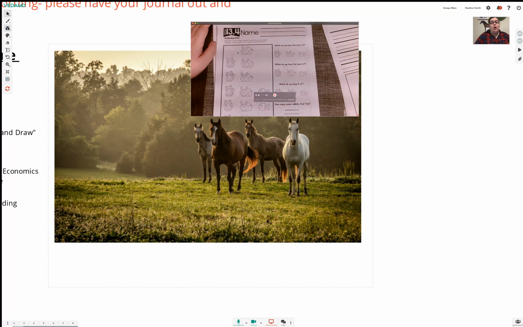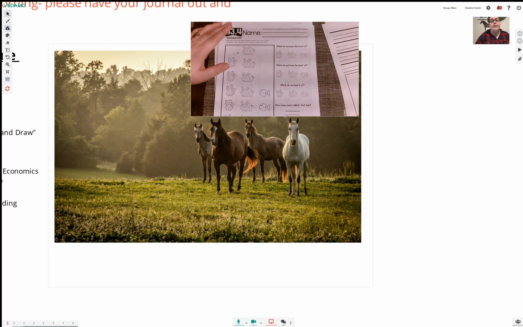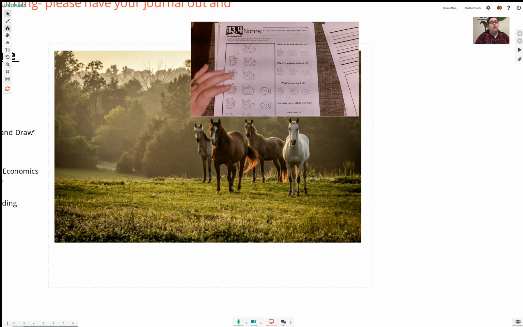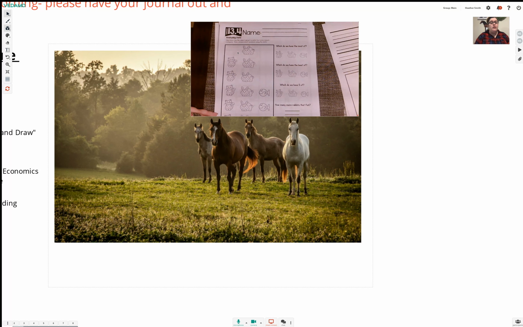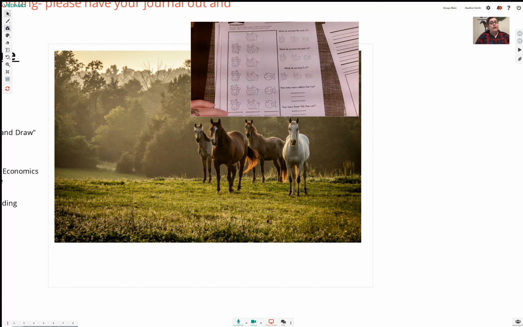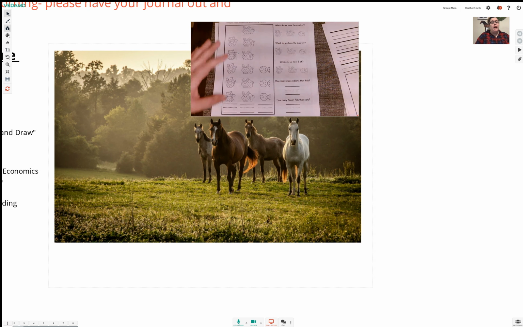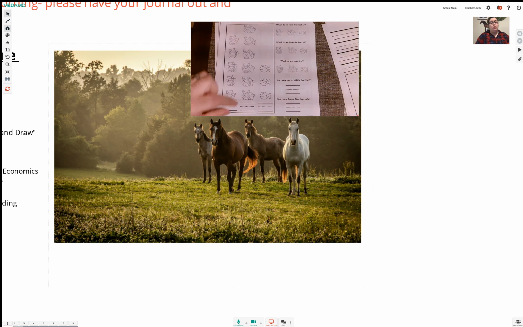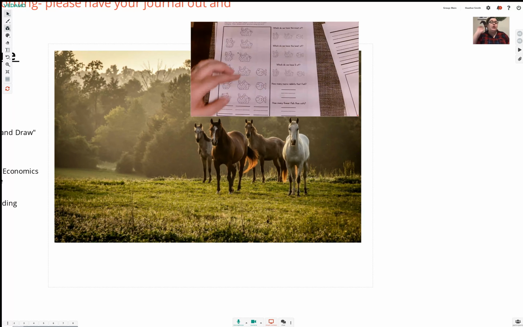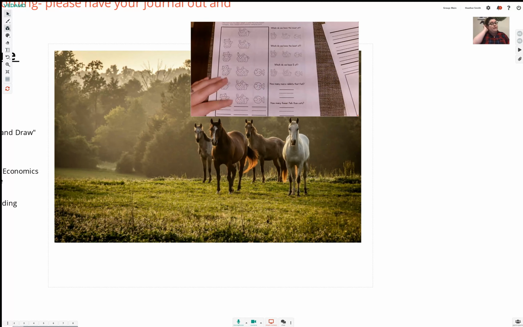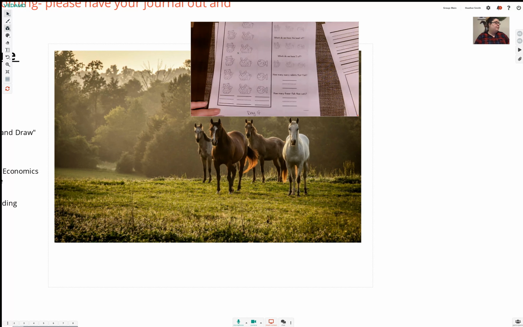And then for math, we're doing 13.4 and 13.5. So they're just going to use the object graph to write the total of each category and then answer each question using the data. So looking here, they're going to count how many cats, write the number, how many bunnies, write the number, how many fish, write the number, and then answer the questions over here. Which do we have the most of? Which do we have the least of? Which one do we have 5? How many more rabbits than fish? How many fewer fish than cats? And then